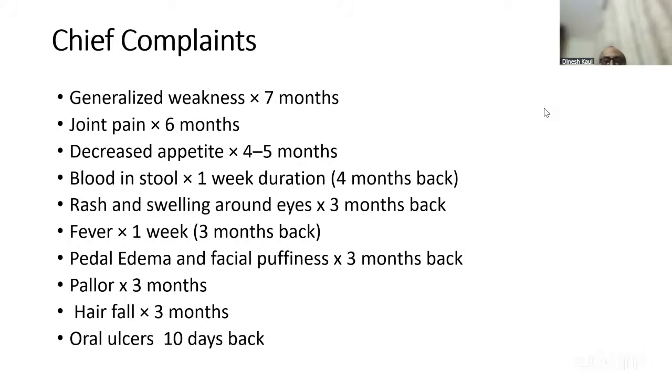We'll ask her basically what is the color of the blood. Is it fresh blood? Is it old type of blood? Is it blood with mucus? Because everything then will change. If it is stool admixed with mucus and she is having tenesmus, and possibly she had some fever also, we might think of bacillary dysentery going around. Could be.